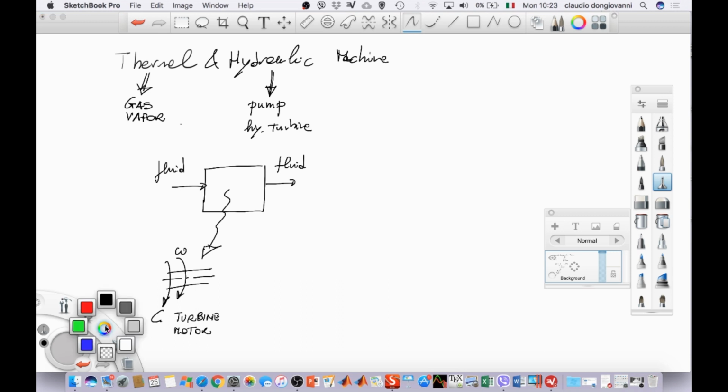At the same time, we can have another type of machine where the fluid flows through the machine, but the energy of the fluid increases. It means that we provide energy to our machine, always in the mechanical form. That means with a torque applied at a shaft, but this time, the torque and the rotational speed will be in the same direction, but provided by the external. And the energy of our fluid increases. This is a machine like a pump, a compressor,